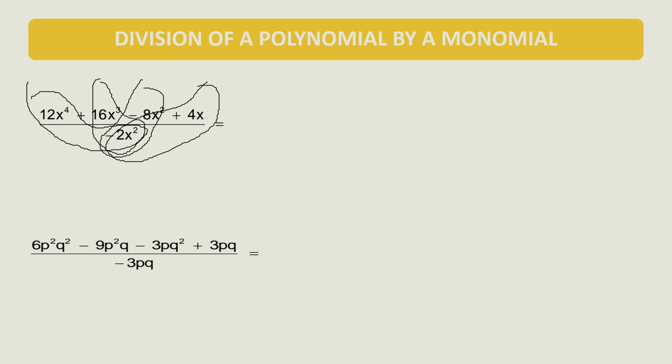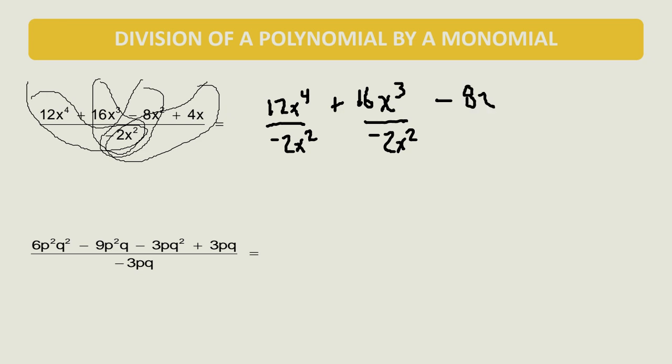So I have 12x4 over negative 2x squared plus 16x cubed over negative 2x squared minus 8x squared over negative 2x squared plus 4x